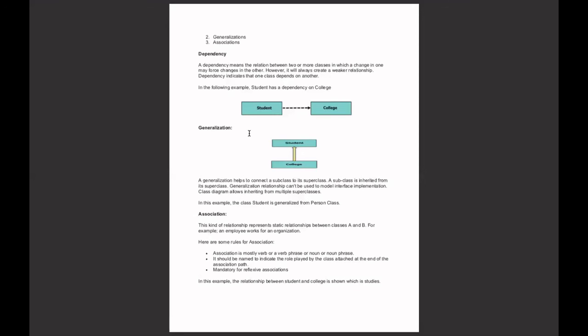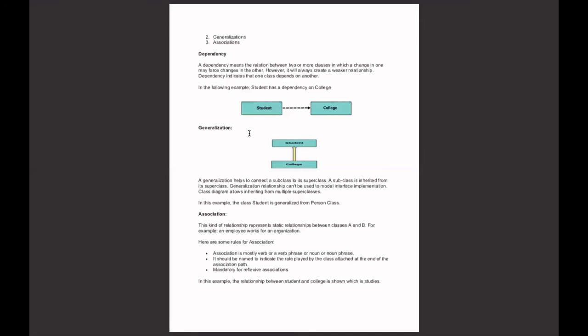Now, moving to the next, association. These are the relationships we use when designing a class diagram or UML diagram, because relationships are very important, as I discussed previously.